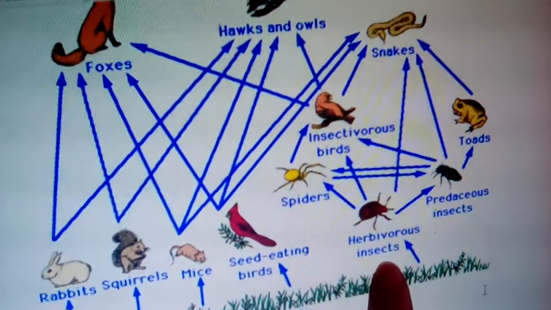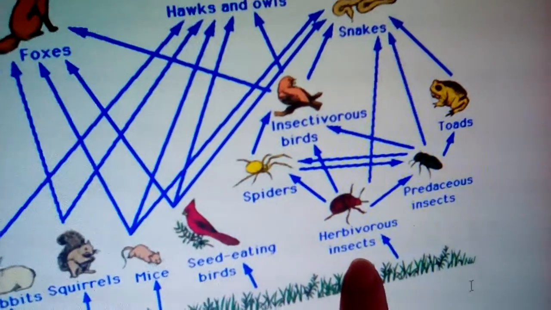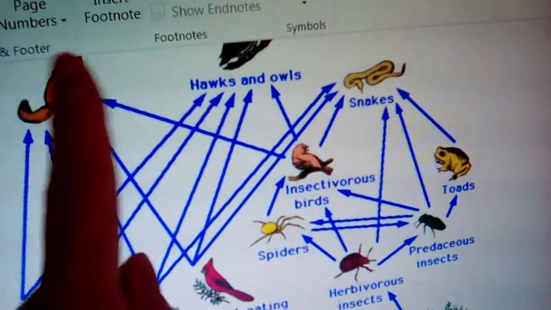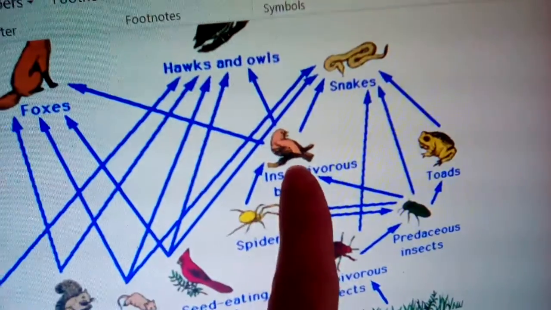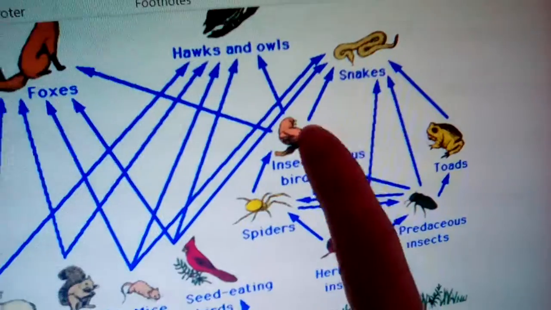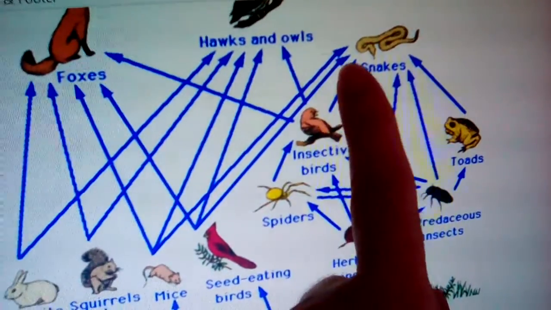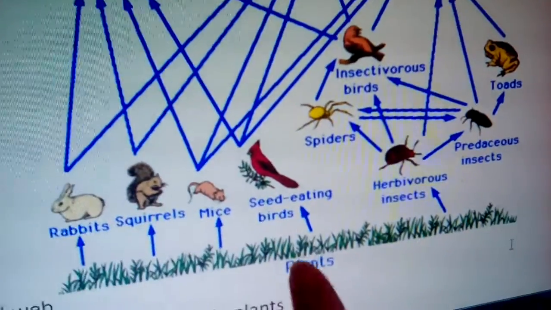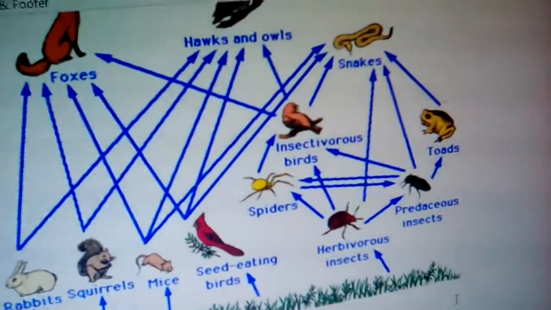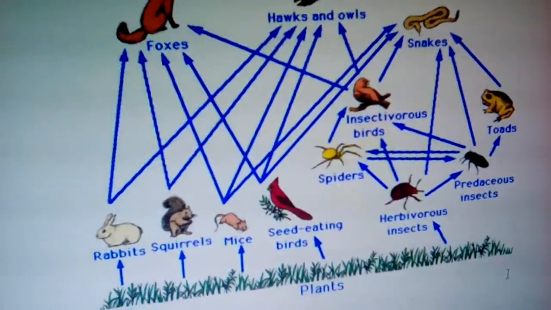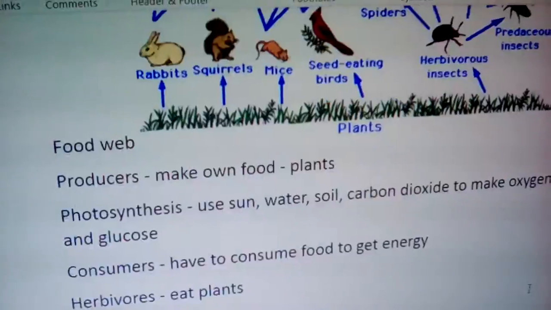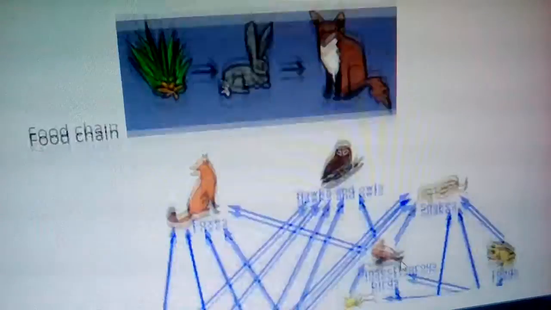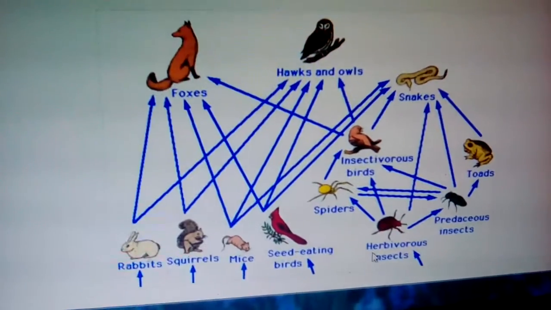Over here, you're going to have insects, which are going to be eaten by different birds, which will then also be eaten by different foxes and hawks and owls. Snakes may actually eat them. All of these arrows are showing the energy that is being transferred from one animal to the next, or from a plant to an animal. Okay, so this is a food web, which is much different than a food chain. A food chain just shows one line, okay, one system. This one shows how everything in an ecosystem is